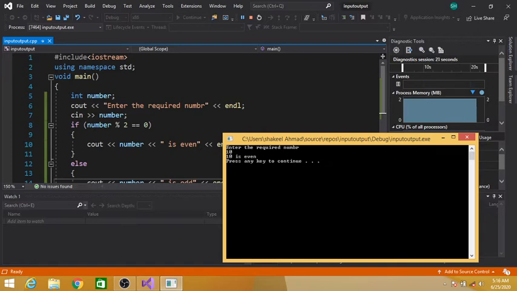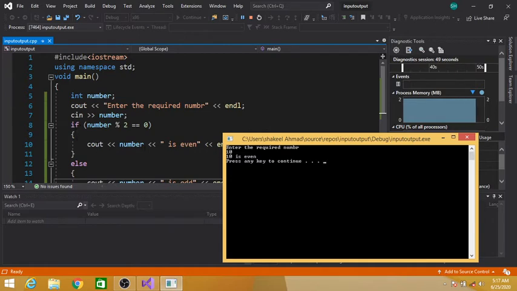What is the value of number we are entering? 10. 10 modulus 2: 2 multiplied by 5 is equal to 10, so 10 minus 10, remainder is 0. This condition becomes true, so the statement in the body of if will be executed.